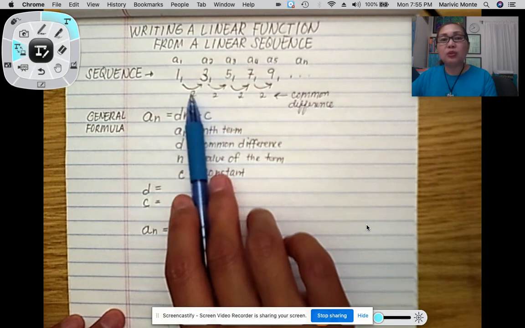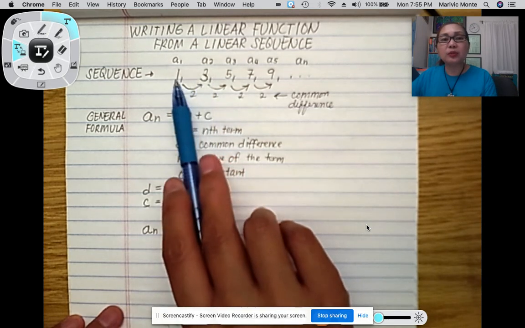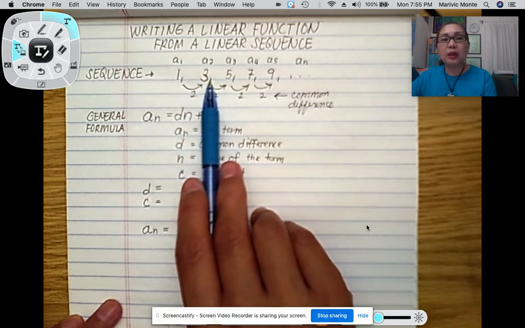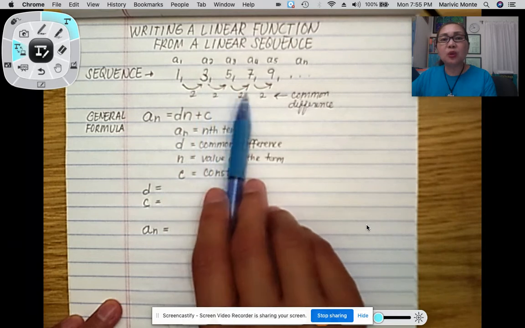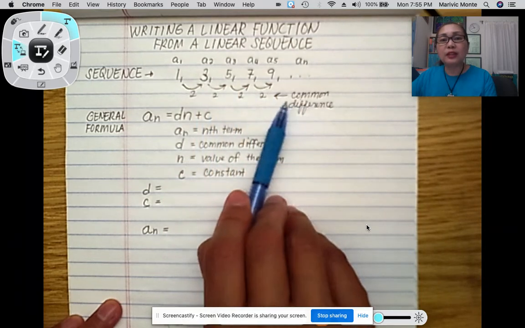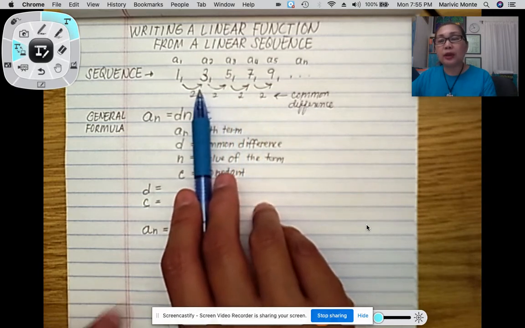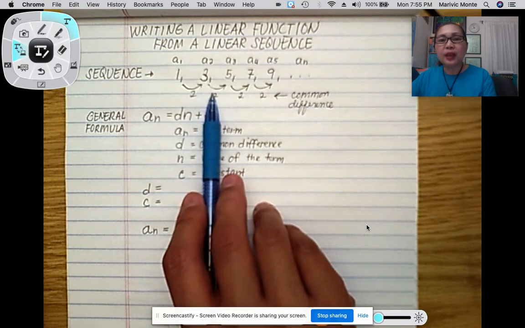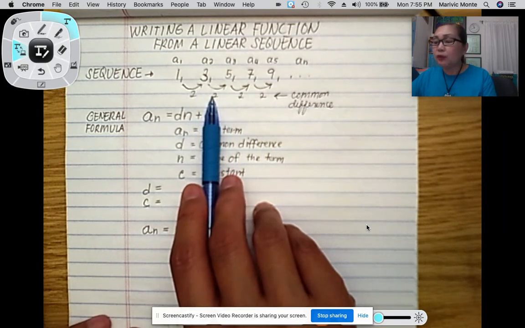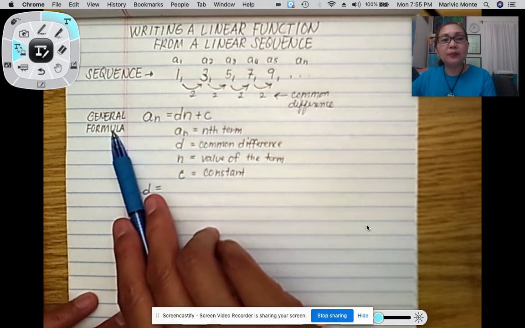So what you do is you subtract. For example, we start by subtracting 1 from 3 and you get a 2. You subtract 3 from 5, you get a 2, and so on until you observe that the common difference is the same every time you subtract one term from another. And once you have confirmed that it has a linear relationship, then you can proceed to use the general formula